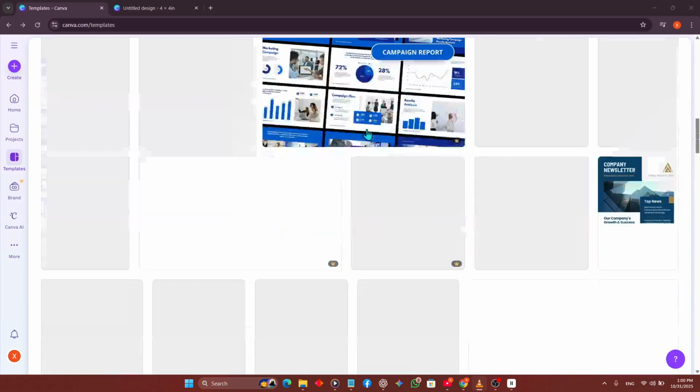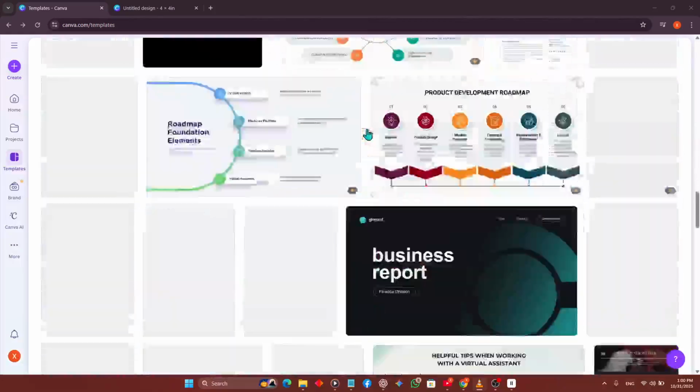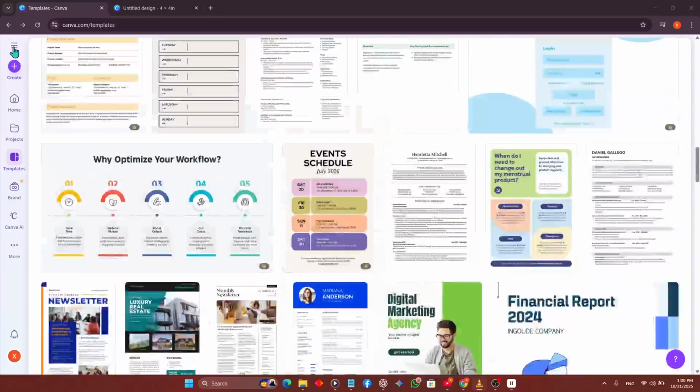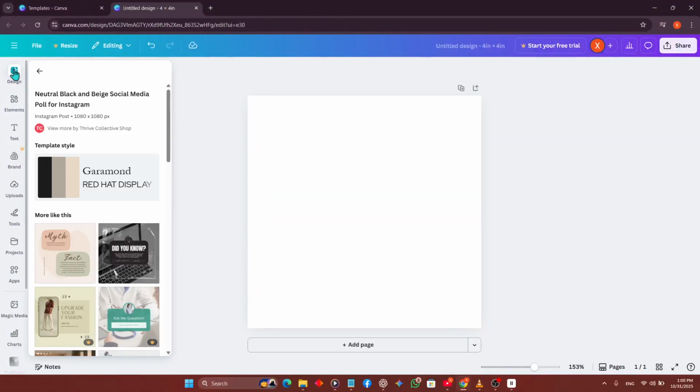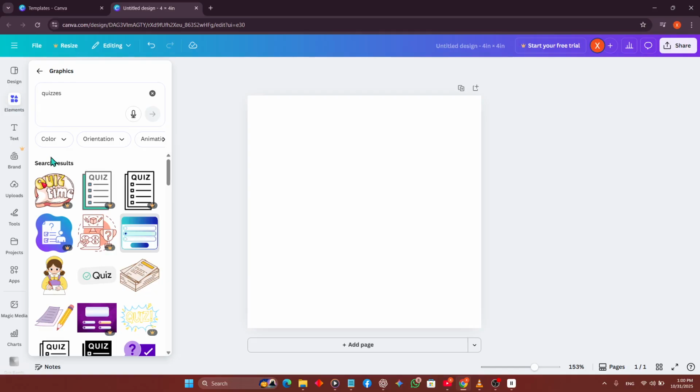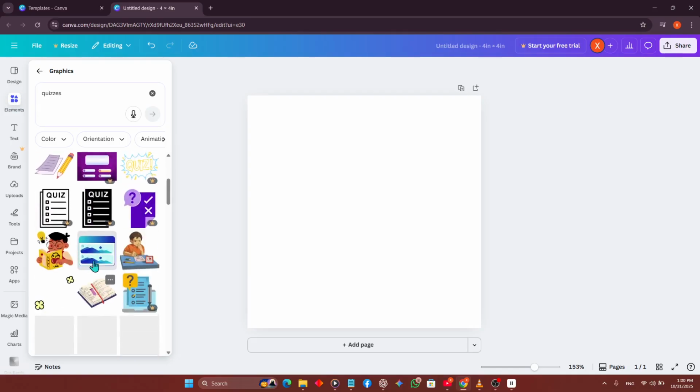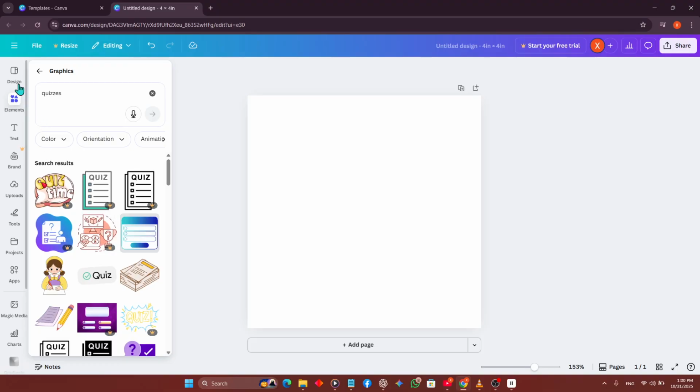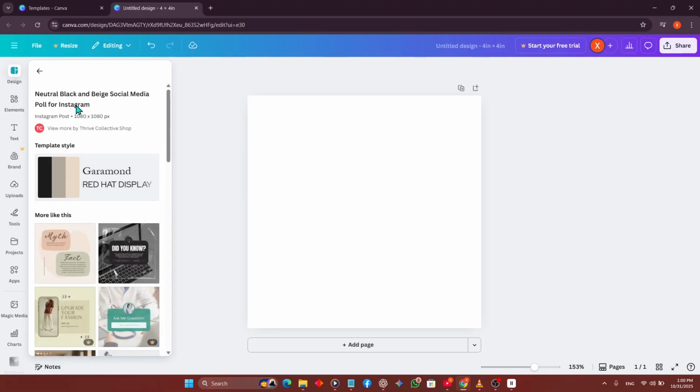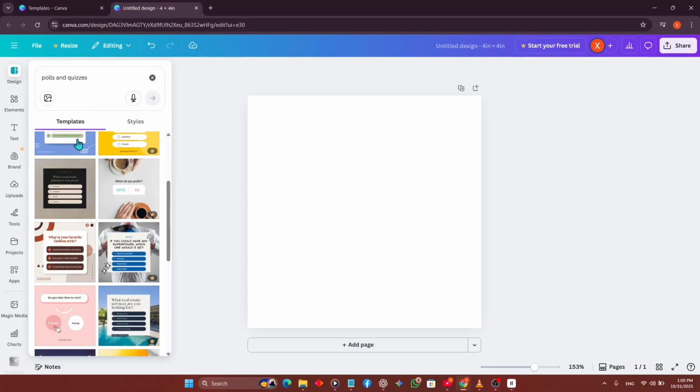First, you'll need to click on the Design or Element section. This is where all the magic happens, and it's your first step toward creating engaging quizzes. You'll find the Elements tab typically located on the left side of the screen within the Canvas interface. It's a treasure trove of resources that allows for creativity and customization in your quizzes, so take a moment to